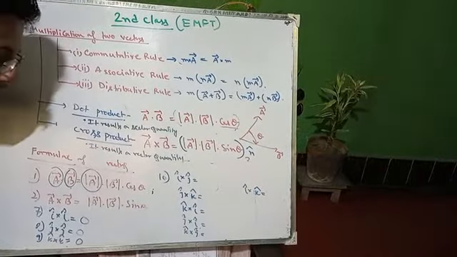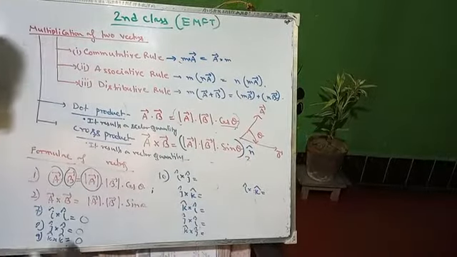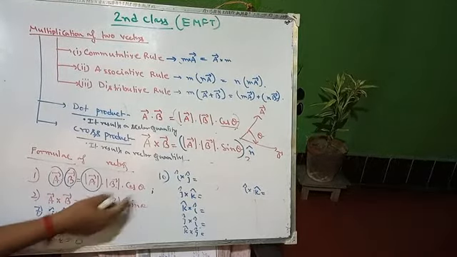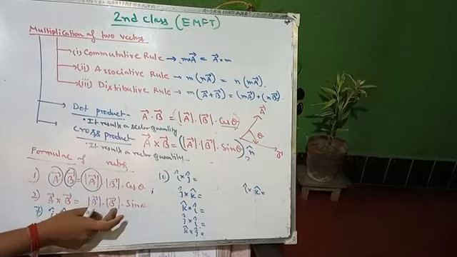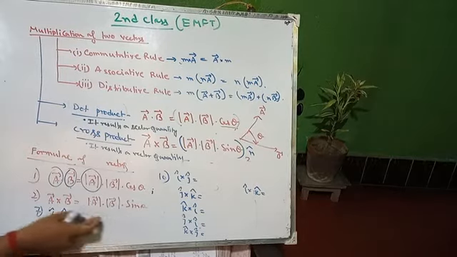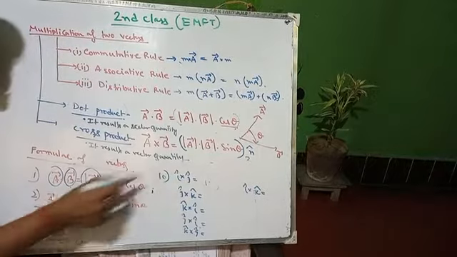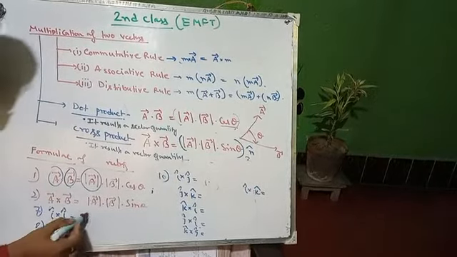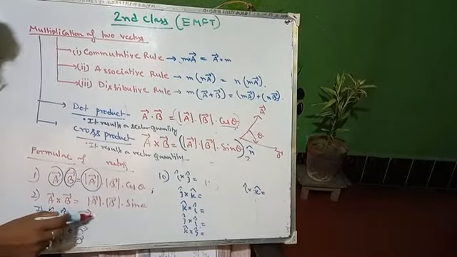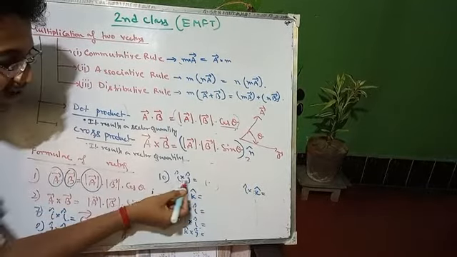Before putting these values, you have to build some concept of how to find them. For I cross j, 1 into 1, and the angle between I and j is 90 degrees. The magnitude is 1, but what is the direction? Every cross product has a direction. Always remember, a cross product produces a vector quantity, so these are all null vectors. So I cross j means what?